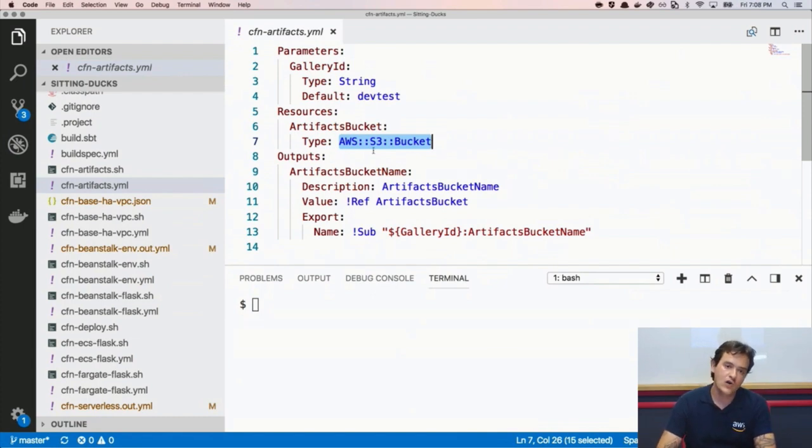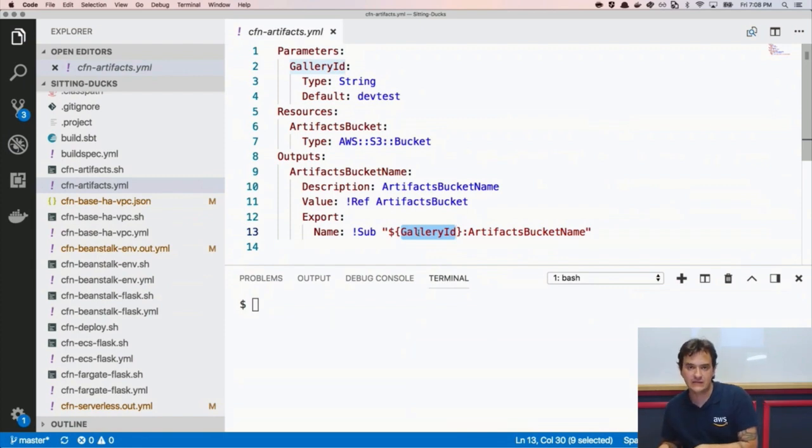And I'm not only creating a bucket, I'm receiving a parameter, and I call this parameter gallery ID. In this template, it's not doing much, it's going directly to the output. And in the output, I'm exporting this value as a reference called the gallery ID. And gallery ID here means just the same as you would call an environment, such as production or dev test